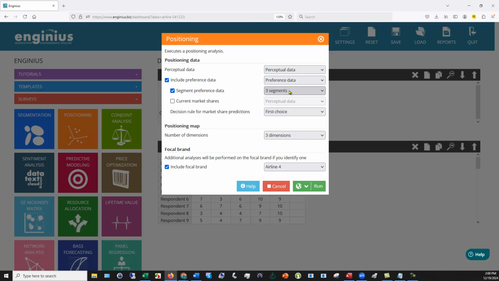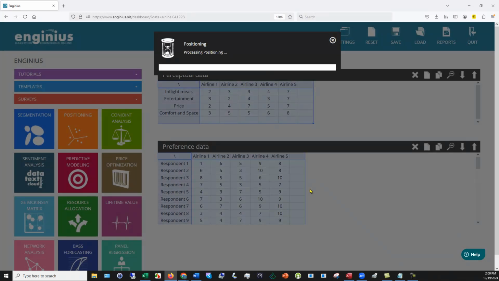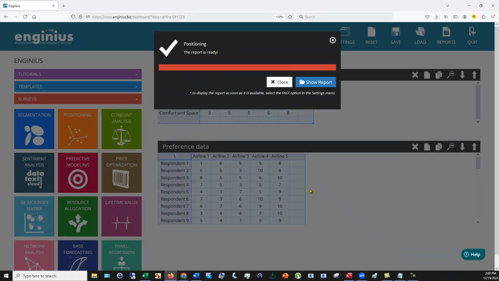3-segment solution. Our decision rule for market share predictions is first choice. Again, we're asking for 3 dimensions, and in this case I'm going to present my data to airline 4, so I'm going to include airline 4 as my focal brand. I run the analysis. In this case, this is an interactive report, so it's going to appear as a web